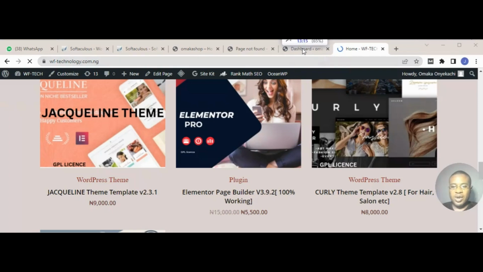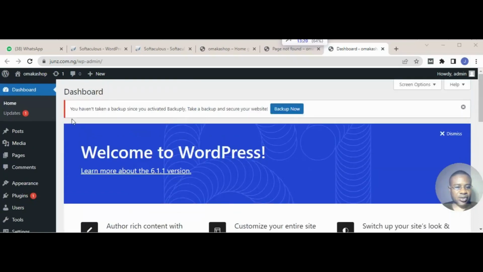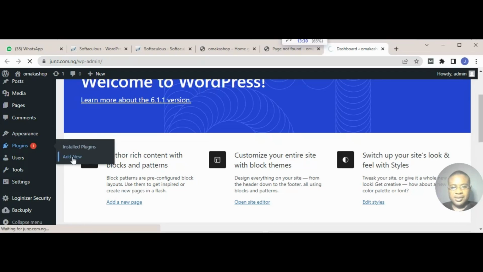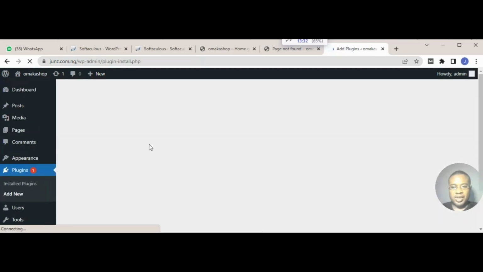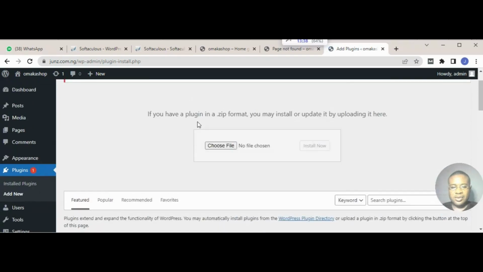So let's go back to our back end. So we are there in our back end. So let's install the Elementor. Now to install your plugins, you go to this option here, plugin. You go to add new and you can then add plugin. To add new there, you now go to upload plugin. So we're going to upload it, and then we click on choose file,